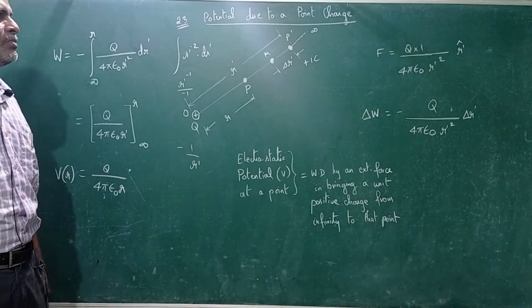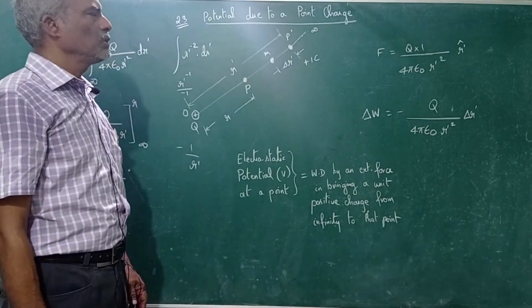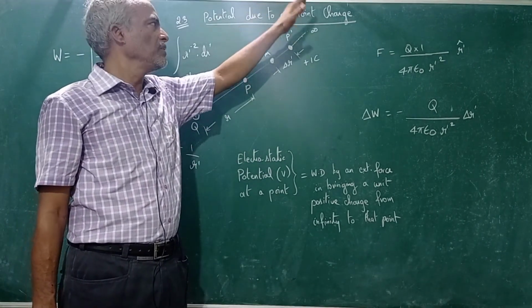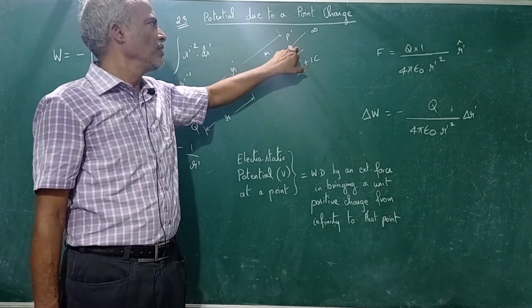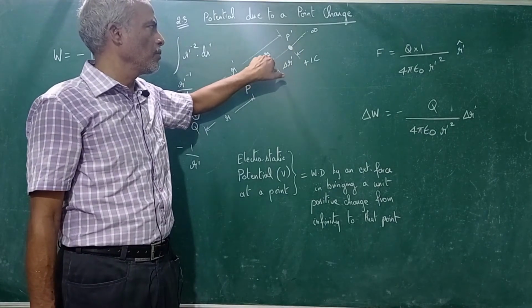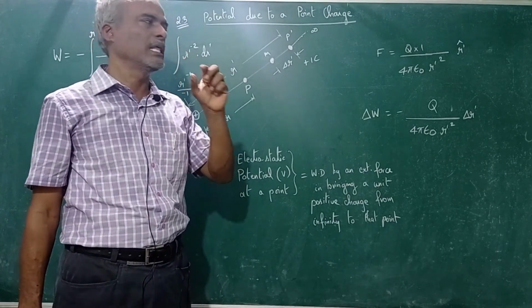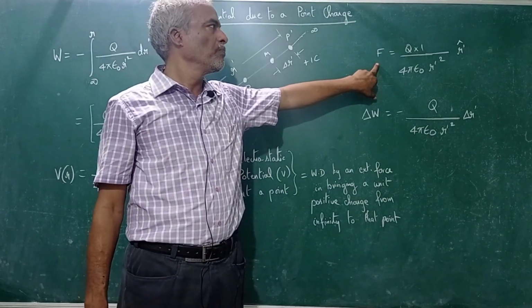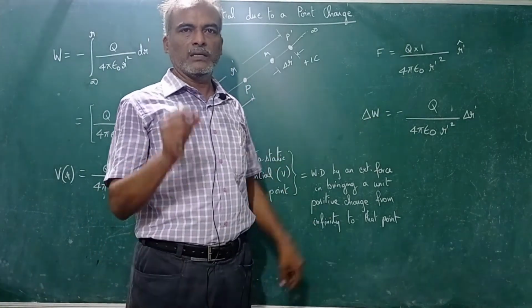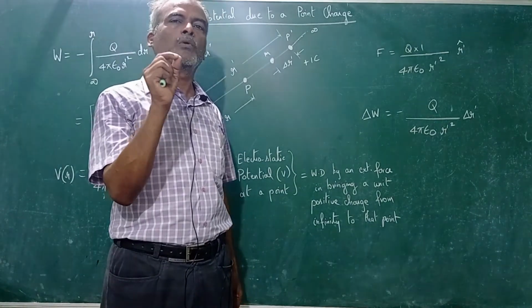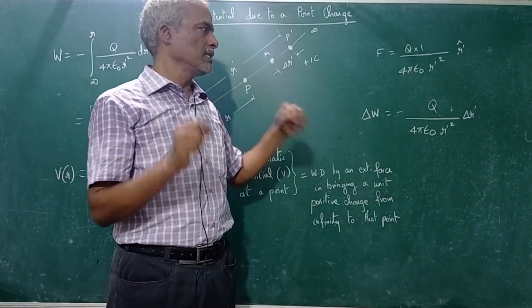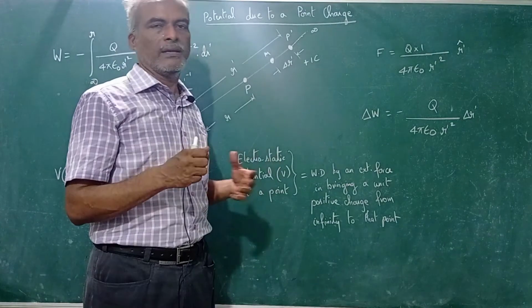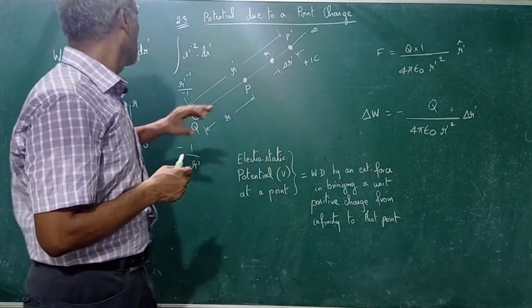So what are the points we have to remember in this? First, to start deriving this, we take a unit positive charge coming from infinity and reaching P dash. Then it moves and reaches a point infinitesimally close, and the distance covered is del r dash. Then we apply Coulomb's law. Then we find the infinitesimally small work done because of this small distance. Then if we want it for the entire length, we go for integration. That's what we do here.